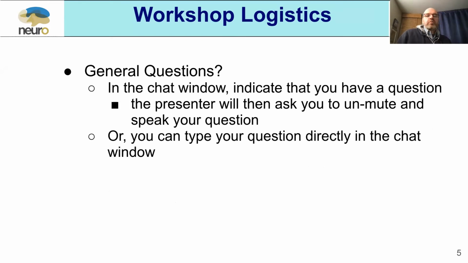If there are any questions, we can't very quickly survey the room and look for waving hands or confused looks. So if you have a question, you can indicate it by typing in the chat window, or even just type the question directly. The presenter will either address it or one of our helpers will. We should have a number of helpers around the room. In the participants list, you will see them identified with the postfix tag of helper beside their names, and one of those people, on the LORIS side, the UK Biobank side, or the CBrain processing side, will be able to address your question.